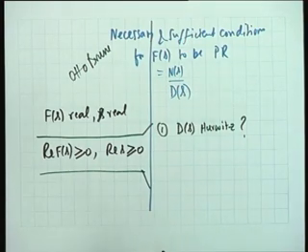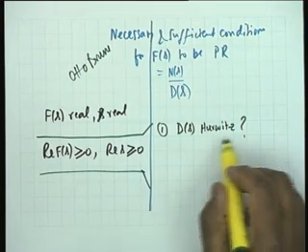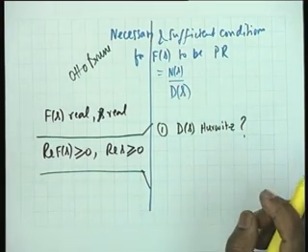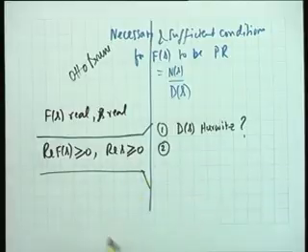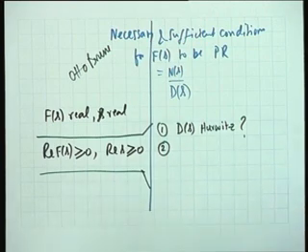Is D of s Hurwitz? Now, if it is Hurwitz, that is, you divide the even part by the odd part, perform continued fraction expansion, look at the quotients, are they all positive? If they are all positive, then it is Hurwitz. Okay. If it passes this test, then you ask the question, does the function have poles on the j omega